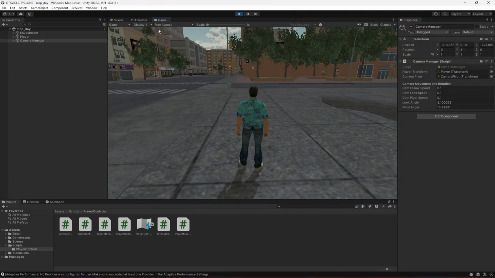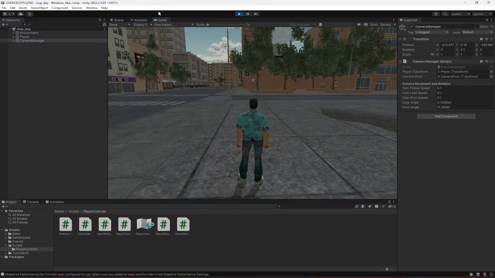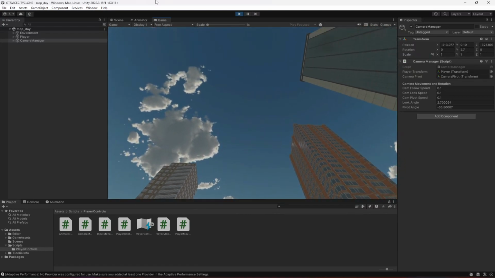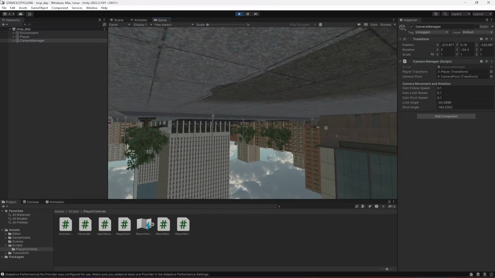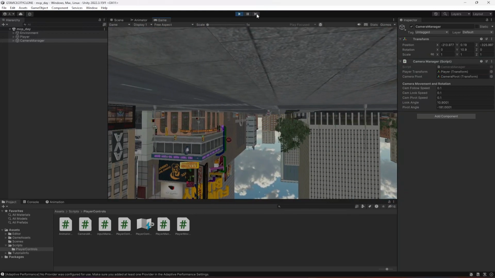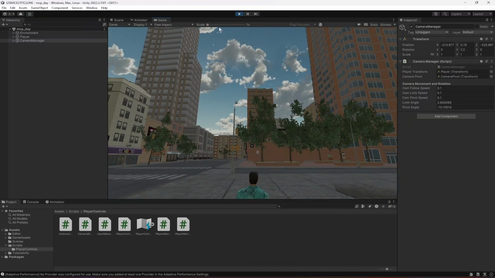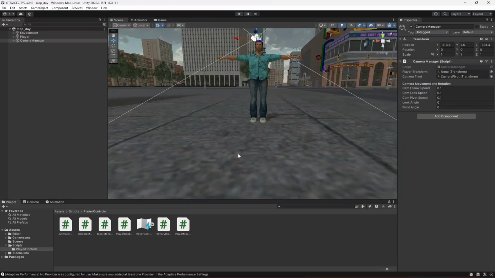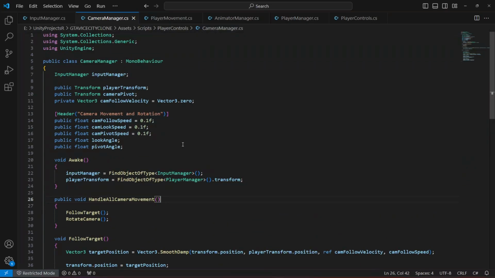So in this video we will fix this issue with our main camera. If we move our camera in the upward direction, as you can see, the camera can rotate 360. Okay, we don't want this, so we will be restricting the camera angle on the camera manager script right here,